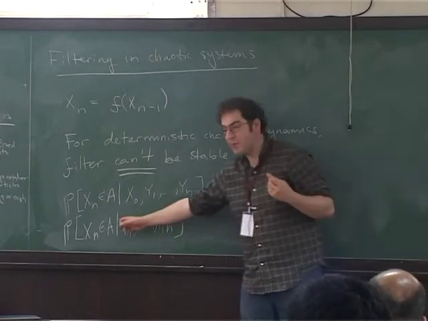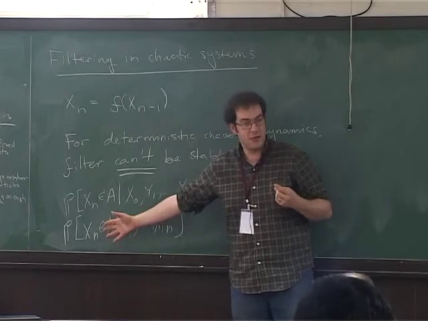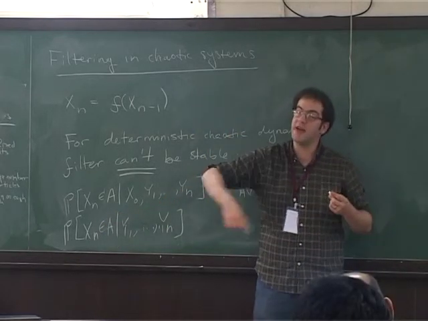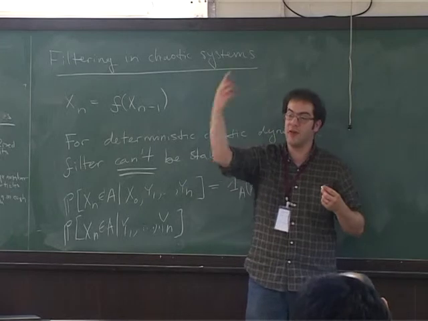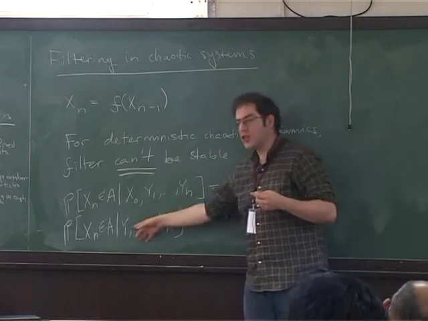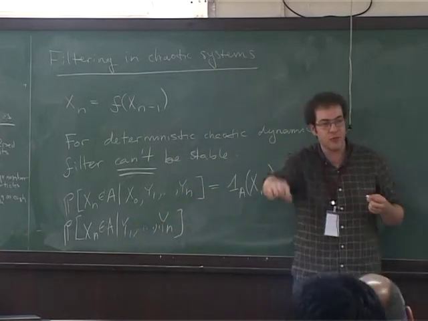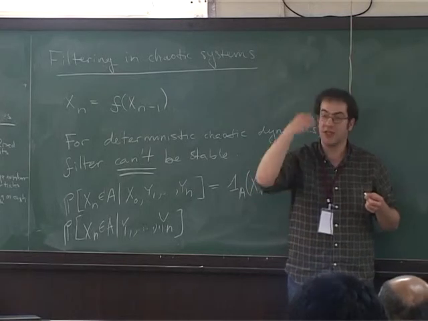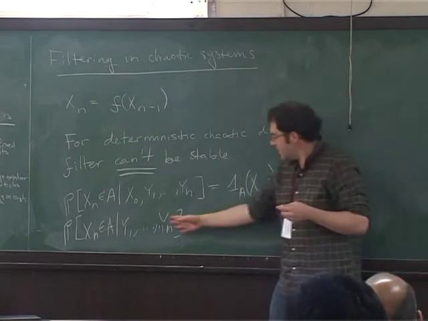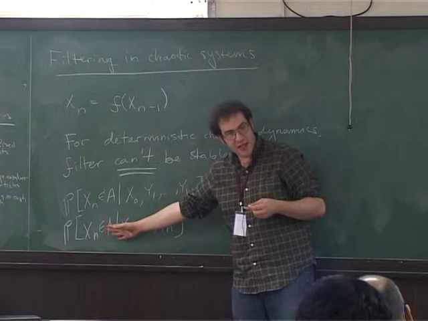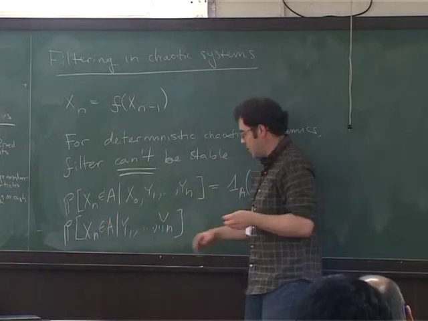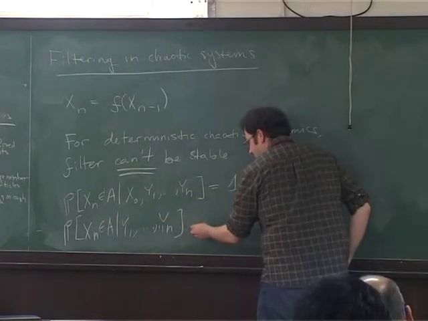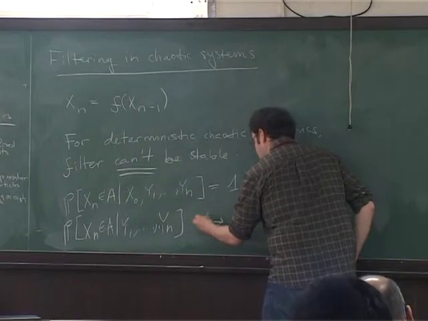That will happen if the system is not chaotic, right? If the system is just, let's say, a limit cycle, something going around a cycle at a regular rate, then eventually, if I get more and more observations, I'll be able to pinpoint more and more precisely where I am, right? But if the system is chaotic, you don't expect that to happen. So if the system is chaotic, this does not converge.